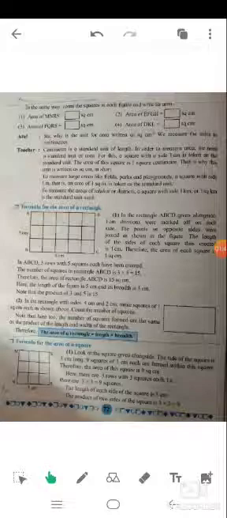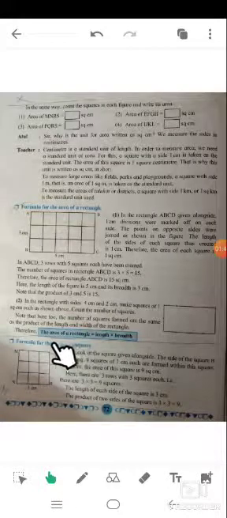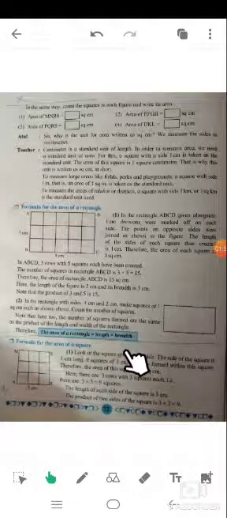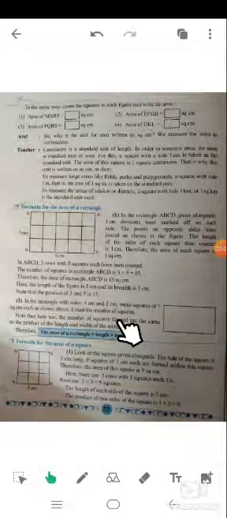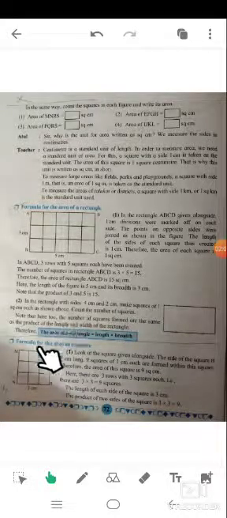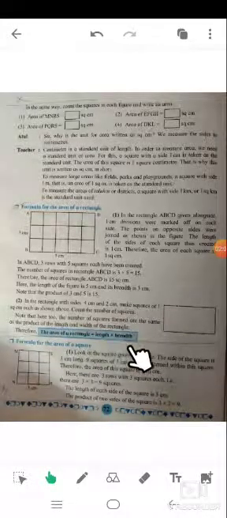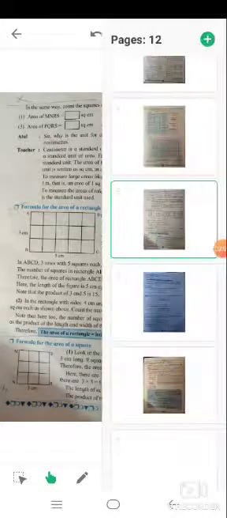So first of all, what is the area of a rectangle? The formula is length multiplied by breadth. Now recall that the perimeter of the rectangle is 2 multiplied by length plus 2 multiplied by breadth, and the area of the rectangle is equal to length multiplied by breadth. Now see, here is the area of a square. The formula for the perimeter of the square is 4 multiplied by the side. The area is the length of a side multiplied by the length of a side.